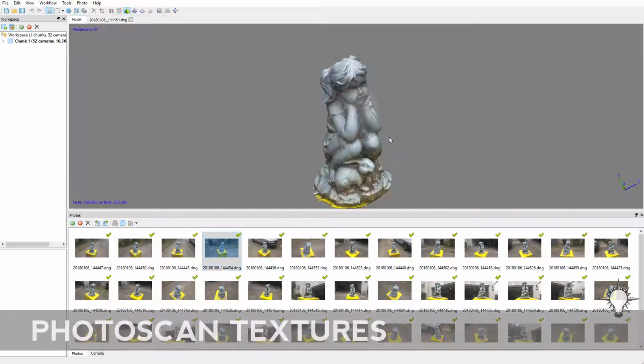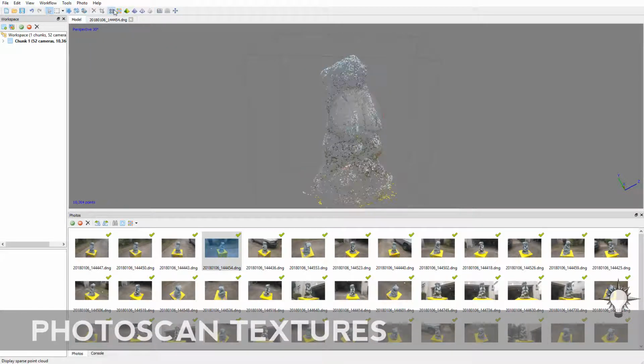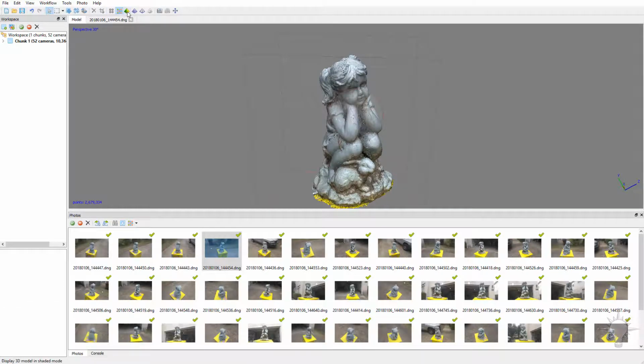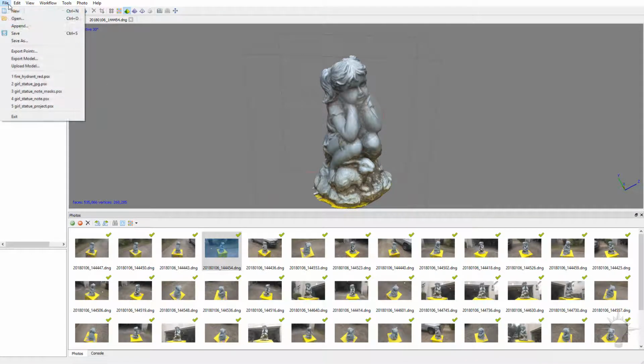But for now, let's go back to our model. So we have our sparse point cloud, which is created, and then we made our dense point cloud off of that, and then we made our vertex colored model from that. So at this point, what we can do, if we just want the model information with the vertex colors, we